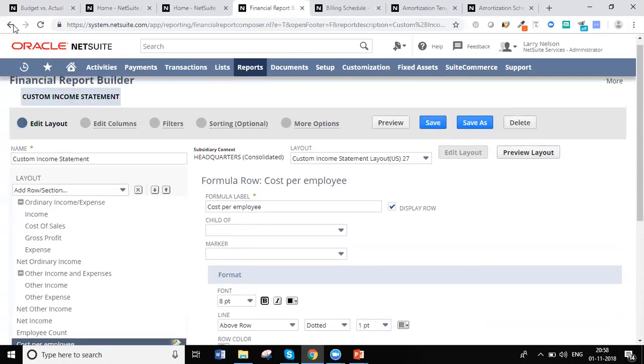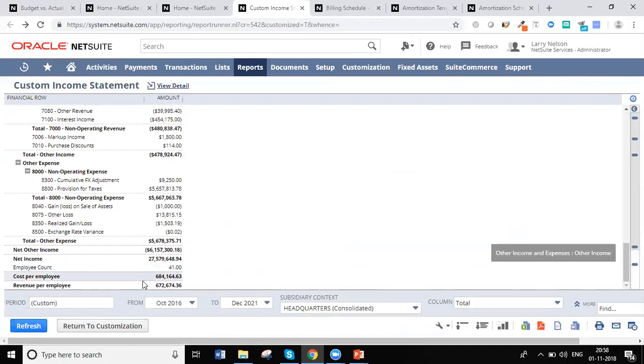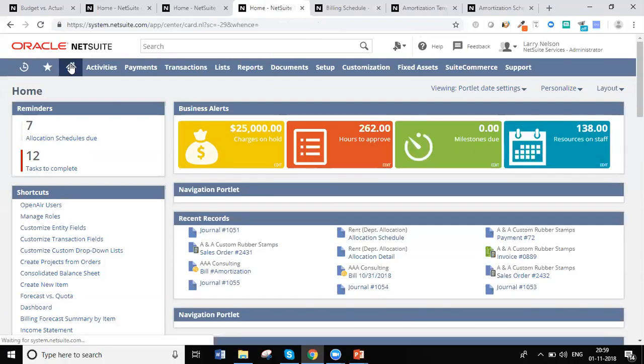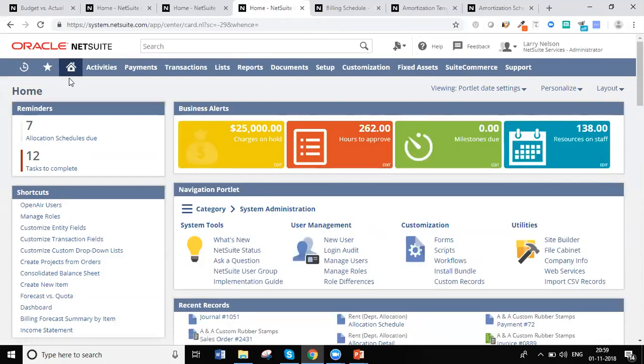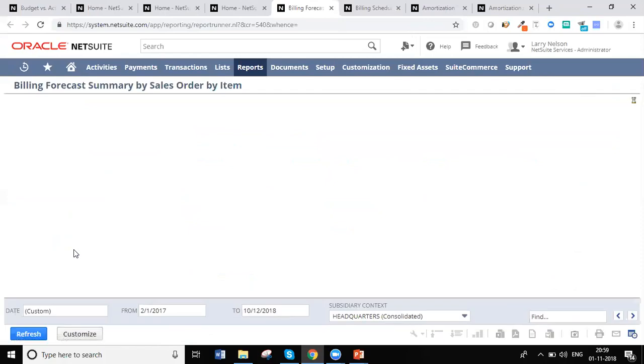Okay, and this actually results in giving me formula-based details onto my financial reports as well. So statistical accounts can really be very helpful while using them onto your reports. Having said that, at a very high level, this is what we wanted to cover today, but I also quickly wanted to show you a few reports which are possible using something like